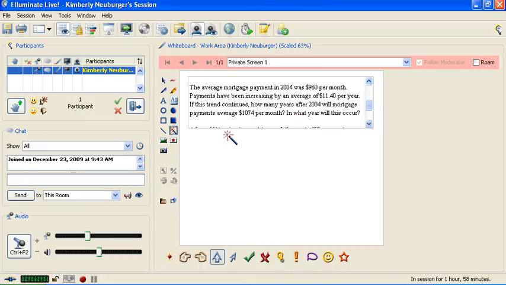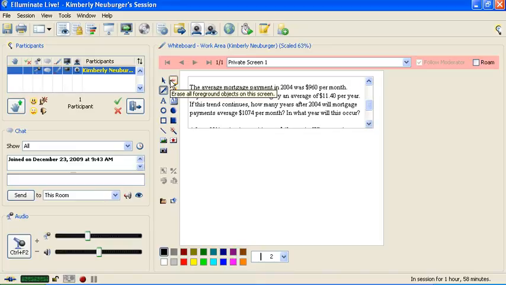So the first thing we're going to do on this, because there's a lot of information, is figure out what is the unknown that we don't know. And we don't know how many years after 2004 this will occur. So why don't we name a variable, and since we're looking for years, I'm going to use y. It doesn't matter what you use. I'm going to say let y equal the number of years